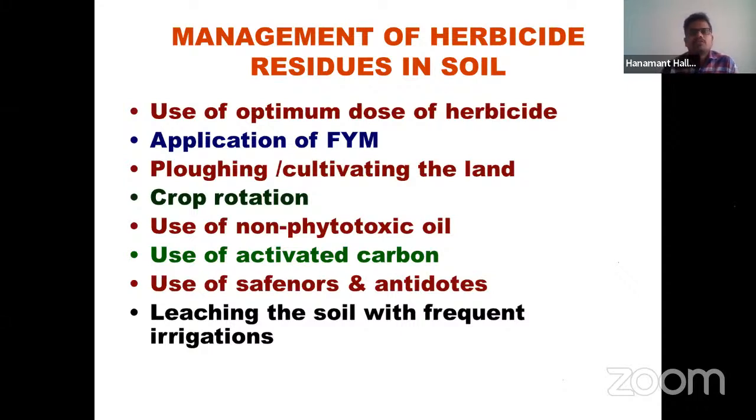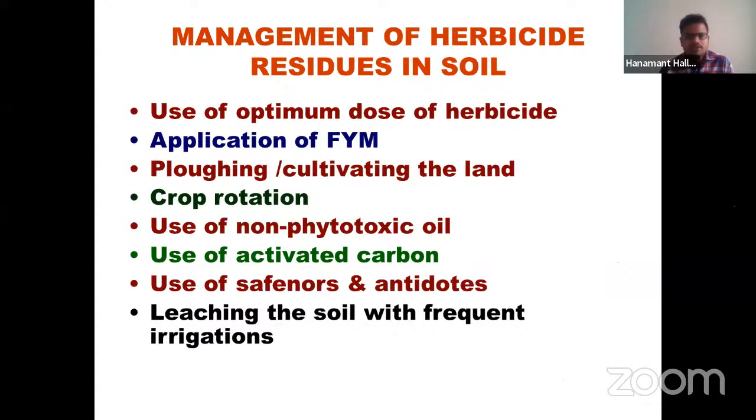So this absorbs the functional groups of herbicides, then that binds, and the herbicide molecule will get deactivated, or that binds to the FYM and will not be available to the plants to uptake. So the application of FYM into soil always has advantages. So in this case, this will also act as a buffering material.